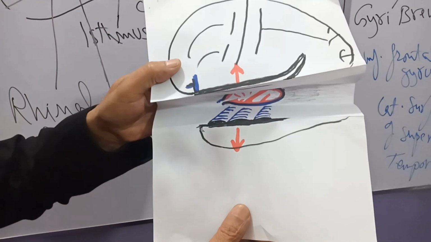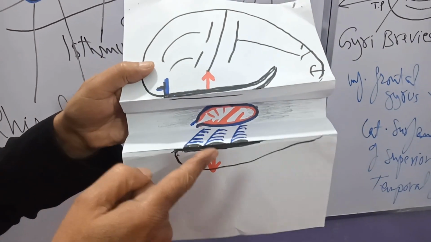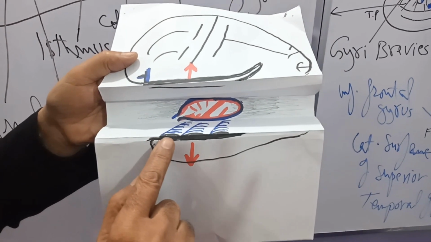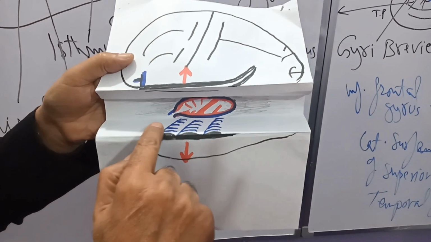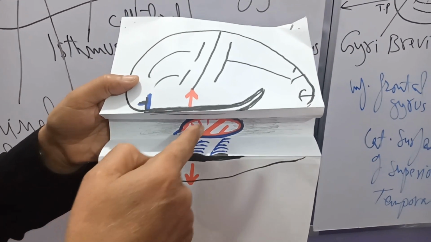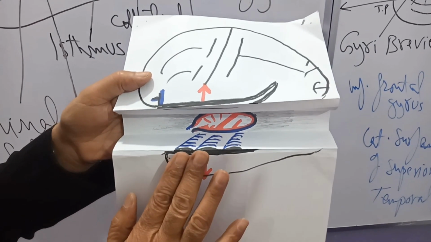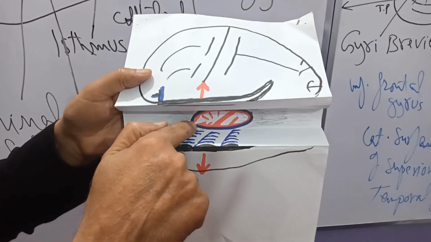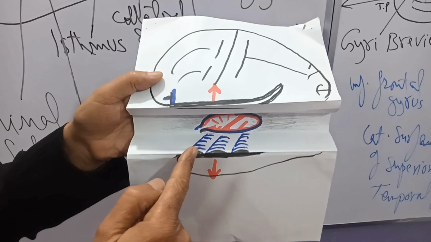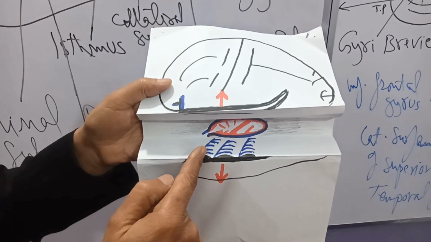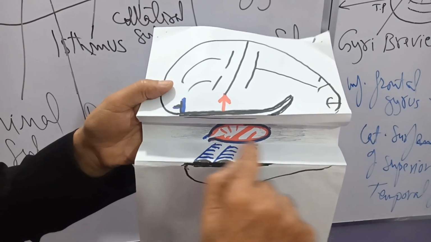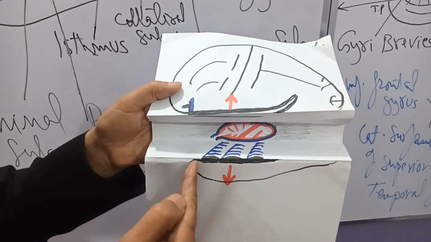Now suppose we move apart the upper and lower lip of the posterior ramus of the lateral sulcus. Now this is the superior temporal gyrus lateral surface, and this is the superior surface of the superior temporal gyrus. Can you see here there are three transversely running gyri which extend from the supralateral surface deeply towards the floor of the posterior ramus of the lateral sulcus. These are transverse temporal gyri. This is the anterior transverse temporal gyrus, this is the middle transverse temporal gyrus, and this is the posterior. They are located on the superior surface of the superior temporal gyrus.